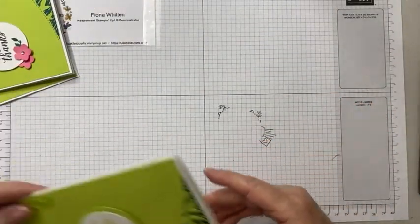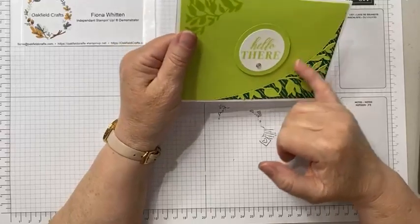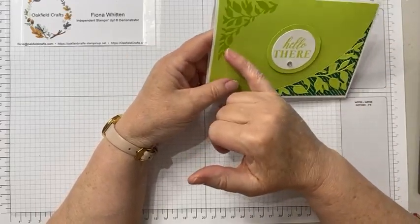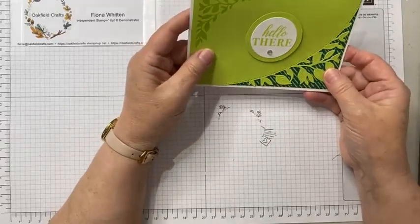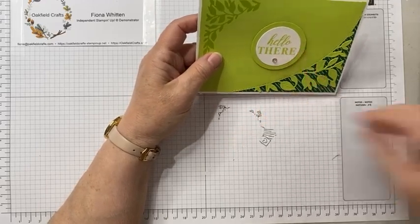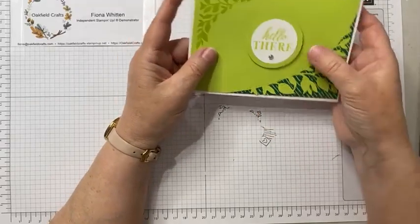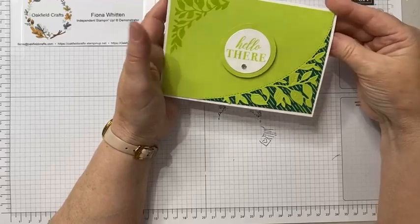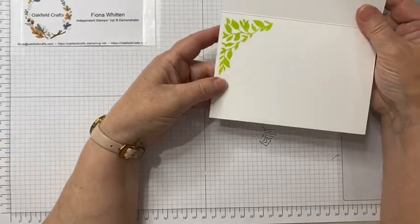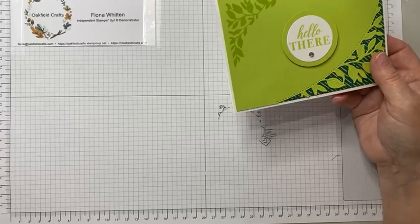And then the third card is pretty much along the same lines, but this time there's a little bit more stamping. So again, glue your die cut to the paper before you glue it to the card front. Stamped some more leaves on the opposite corner to the die cut, and then this time use the Parakeet Party ink to stamp the sentiment on the smaller white circle, and then glued that to the Parakeet Party circle, and again added it to the card front just using the dimensionals. And then again we've just simply used the same stamp as the front to decorate the inside, and that's great because you can actually then use that for your envelopes as well. So those are the three cards that went this morning,